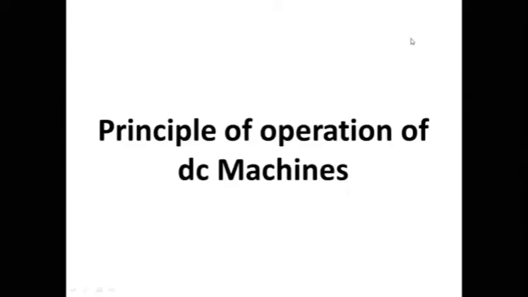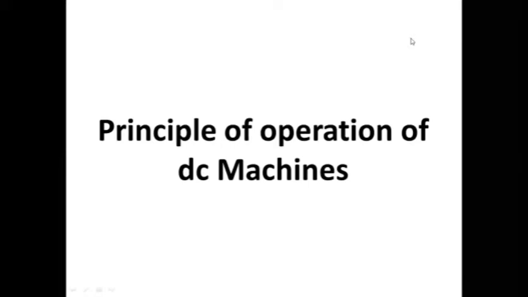Good morning, students. In our last class, we learned how to construct a DC machine and the different parts, like the yoke, the commutator, the armature, the pole shoes, the brushes, their functions and everything. In this class, we'll study the principle of operation of these machines: how, using the setup of the North Pole and South Pole magnet, the armature, the rotor and stator, we get an EMF, a voltage.